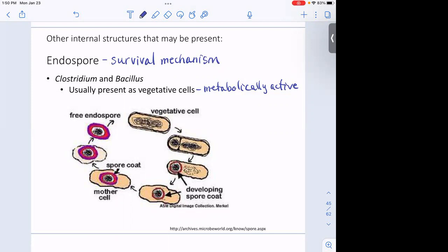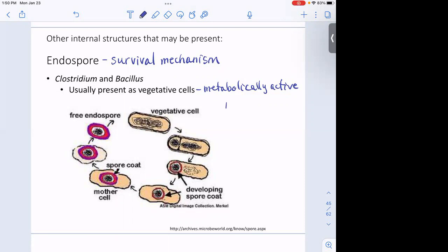Ideal environments for bacteria are usually warm, moist places. There's a lot of variability there, bacteria that can live in any environment, but warm, moist places, like your feet and your armpits. There's lots of bacteria that live there. That's why those places in our body don't smell very good. Anytime bacteria are not in a warm, moist place, that could be considered a harsh environment.